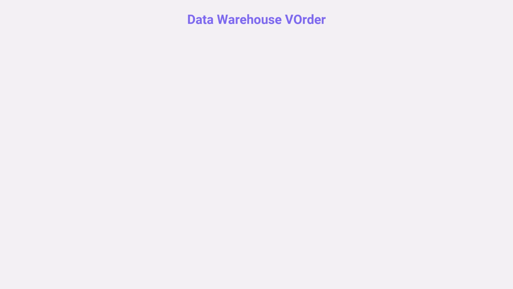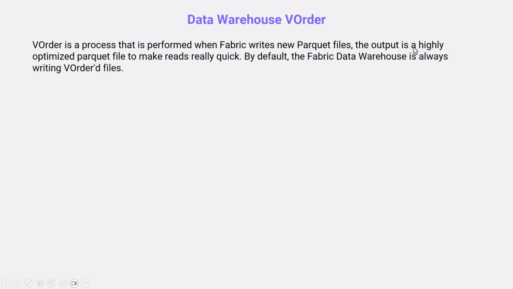The next thing I want to talk about around monitoring and optimization of tables in a data warehouse is V-ordering. So V-ordering is a proprietary algorithm that Microsoft owns that essentially changes how Parquet files are written. It optimizes them so that you can read them very quickly through things like Direct Lake. So it takes a bit longer to write because it performs this optimized write,